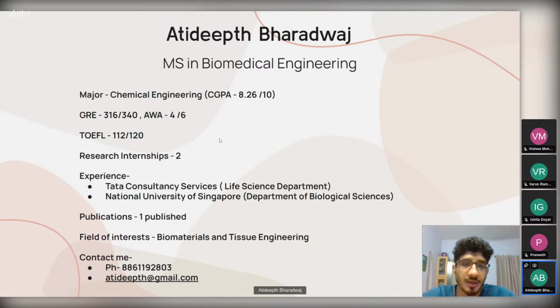Other than that, another few general pointers: during your application, you'll require 3 or 4 LORs from your profs. So as everyone said, you normally ask all the professors who you've done your internships under, or someone you're doing your major project under. It's better to have professors who know you really well. Most of these profs take a lot of time to send their LORs, and some of them even ask you to type it for them. In the cases where the prof asks you to write the LOR,